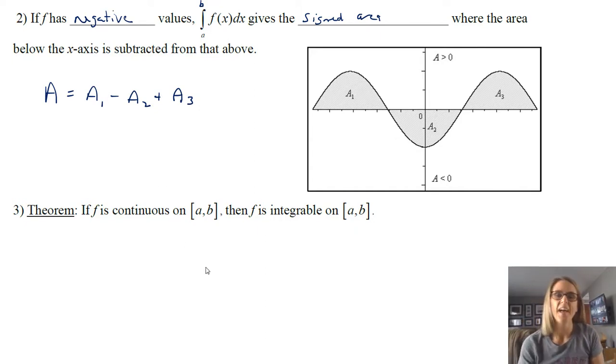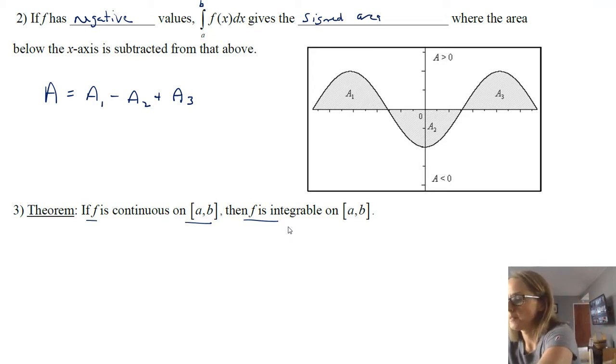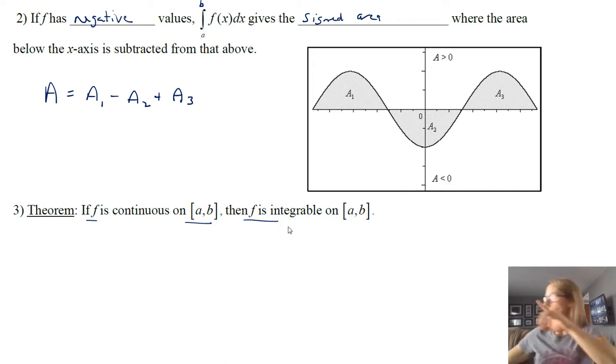All right, and the reason for that is sometimes we want total area, so we actually have to split it up into pieces, and we'll see an example of that. So if f is continuous on some interval, then you can integrate it on that interval, and of course that's very important because it allows us to do things with continuous functions. Now remember, a function that is continuous is not necessarily differentiable at every point. But this is saying if a function is continuous, it is in fact integrable at those points.